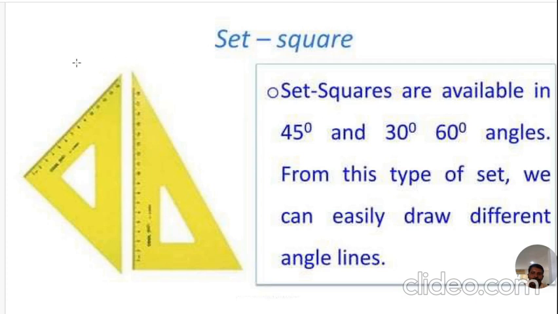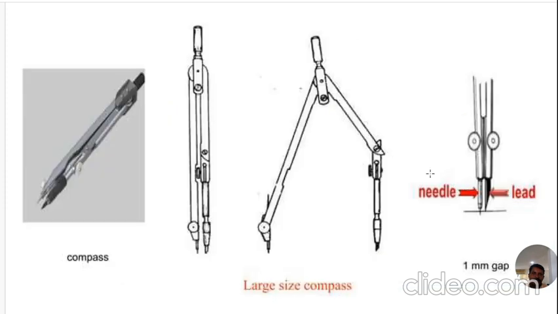This is the set square diagram. The set squares are available in 45 degrees, and 30 and 60 degrees angles. From this type of set we can easily draw different angle lines. The next instrument